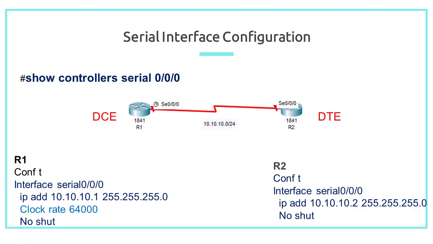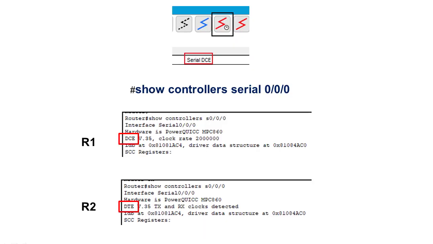Serial interface configuration. For that we are using a serial DCE cable. When we are using a serial cable we need to set a clock rate. In this situation the first router that we connect the cable to becomes the DCE. In this router we need to set the clock rate. The other router becomes the DTE. To see which router is the DCE and DTE, use the command show controllers serial